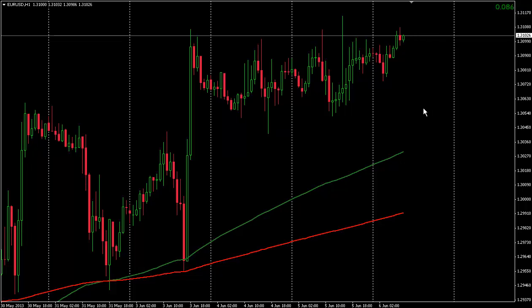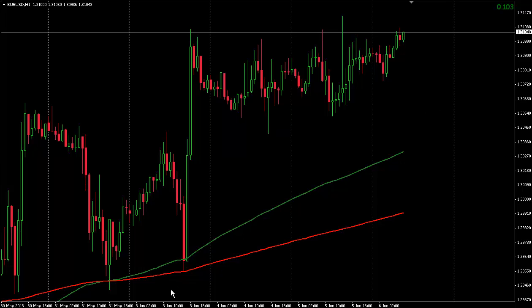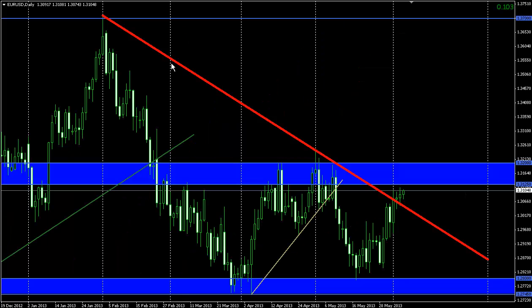So let's quickly review the main ones and make a quick final conclusion. Firstly, the market is fighting against this downtrend line on the daily chart. It still hasn't made a true breakout, and it will fight against this area of resistance here. Okay,